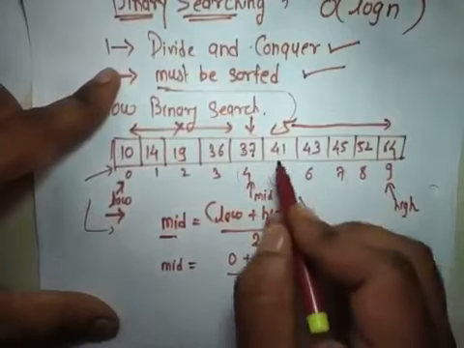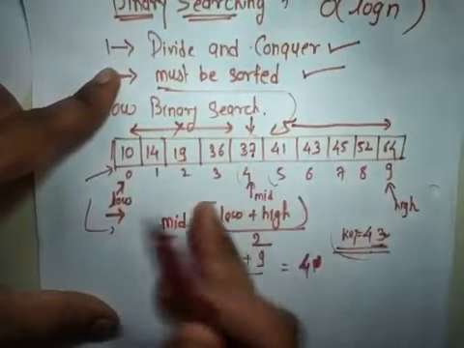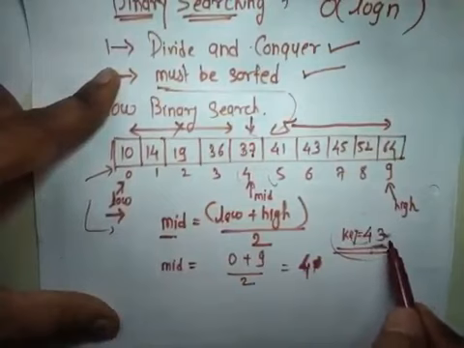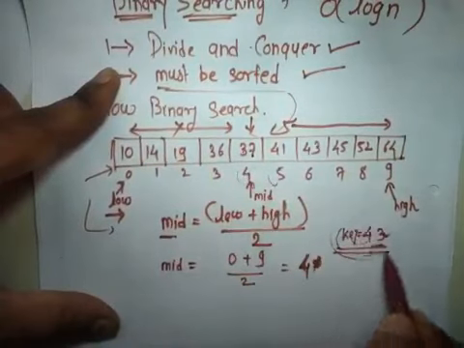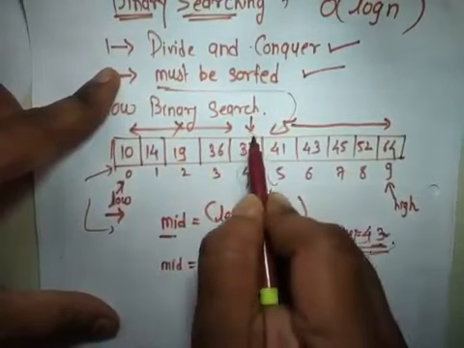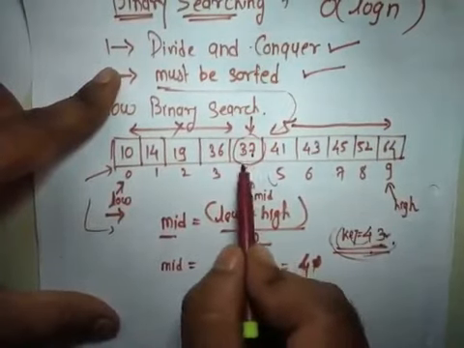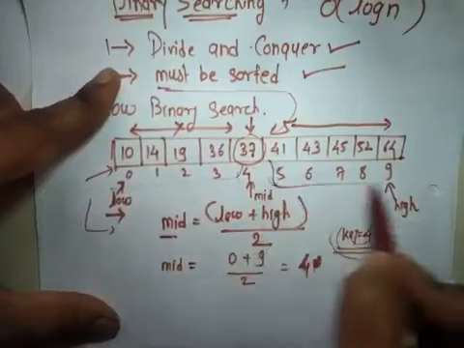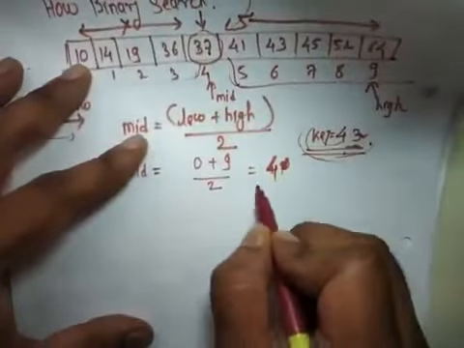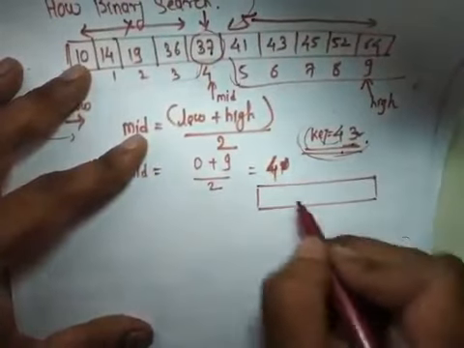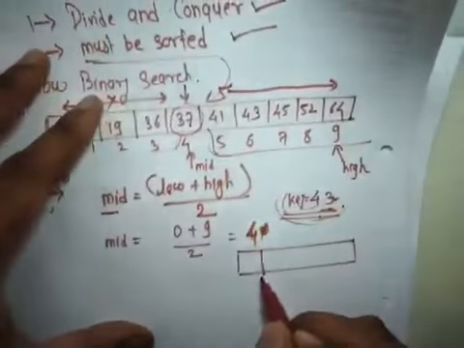Because of that, we are going to search this key, since we know that whatever key we are looking for is greater than the mid position value. So we need to search only this half. So now I am going to redraw this array. Okay, redraw this array. So what is that array?